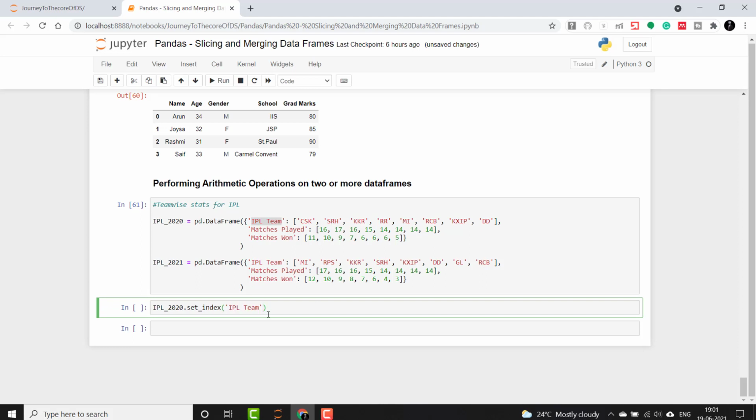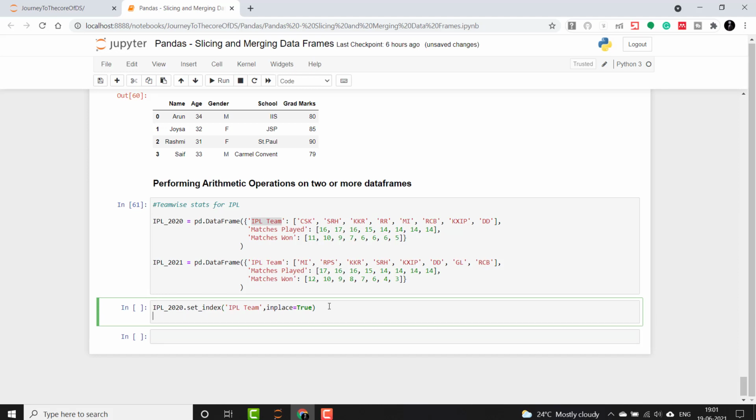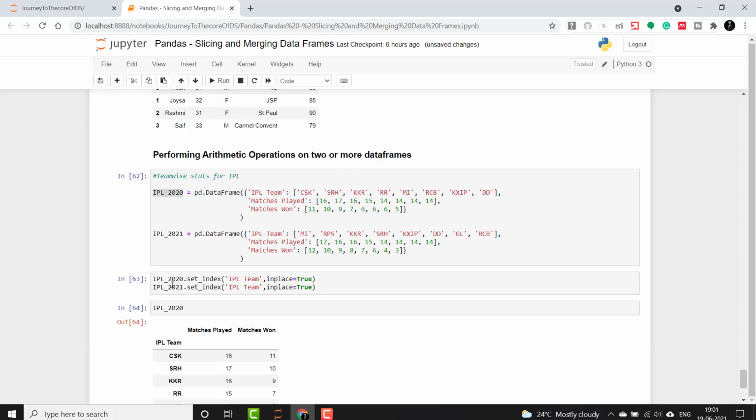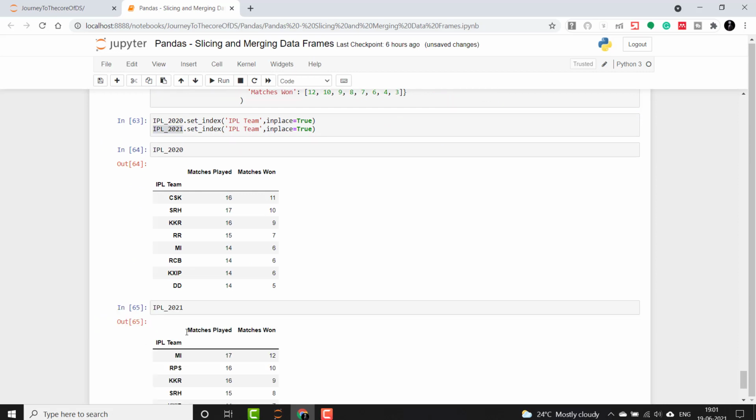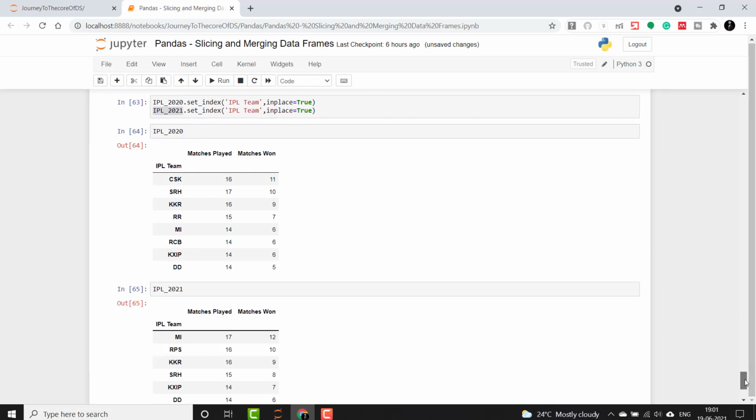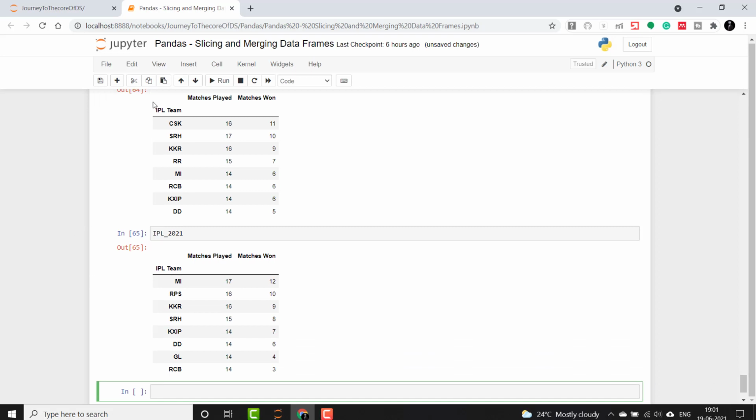Okay, so I'll say inplace equals True, and for the other year also I will set this index. Okay, now let's execute it. Okay, and let me print this. Okay, so it has set the index for both of the years to IPL team.